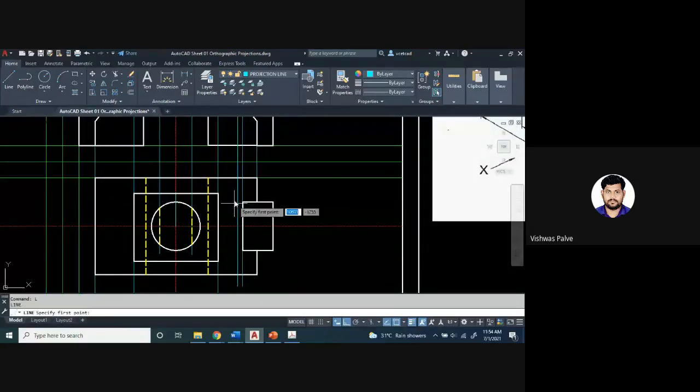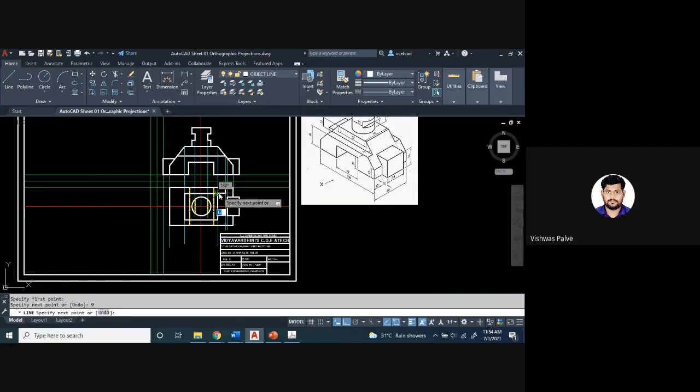L enter, object line, L enter, from this point 9 mm, and then I'll connect it with this surface. See, 42 plus 9, how much is that distance? 51. 51 plus 9, 60, right?